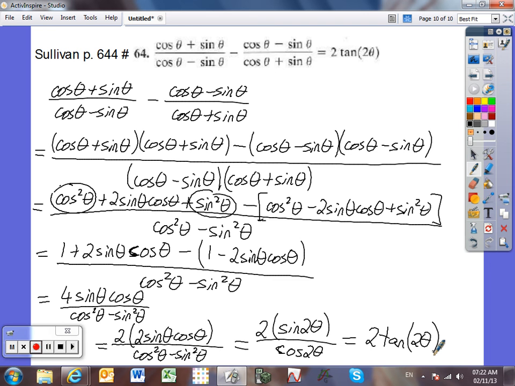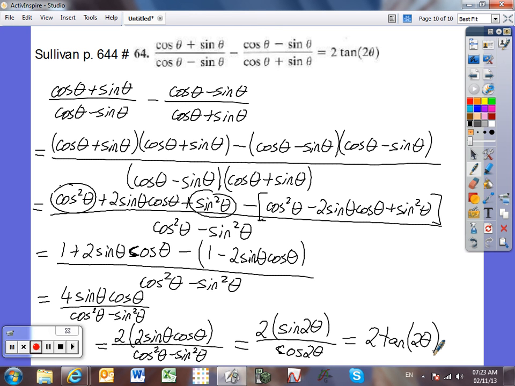Alright, I hope that these proofs to the identities have made sense to you. I hope that you're beginning to see some patterns to the strategies. Remember that we're looking to do things like finding common denominators, we're looking to do things like factoring, we're looking to look for opportunities to use Pythagorean identities,